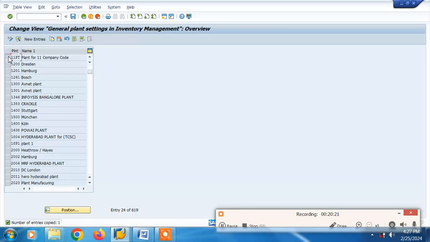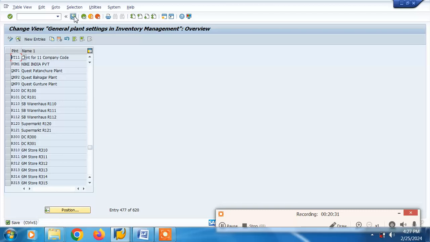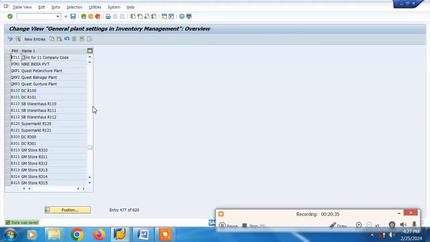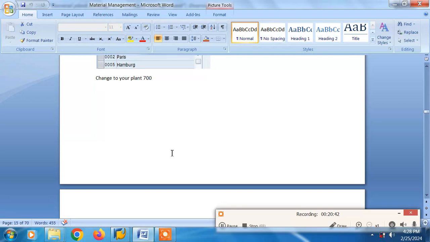Okay, and then the same we'll copy for PT11 also. Now we'll save it. So now under both our plants we have copied the standard parameters, copying from the standard plant, standard valuation area,